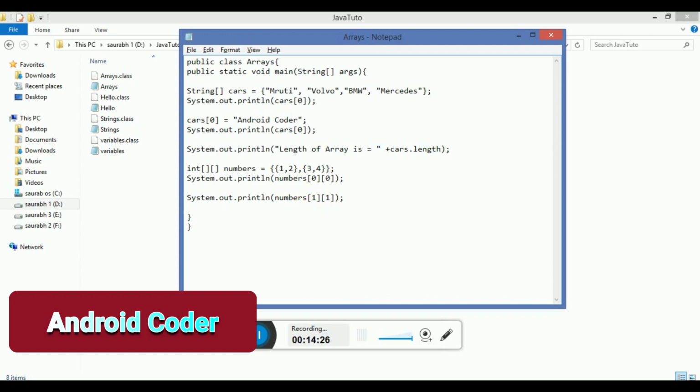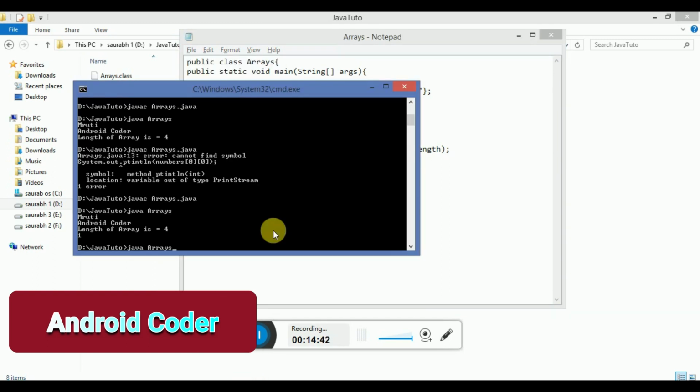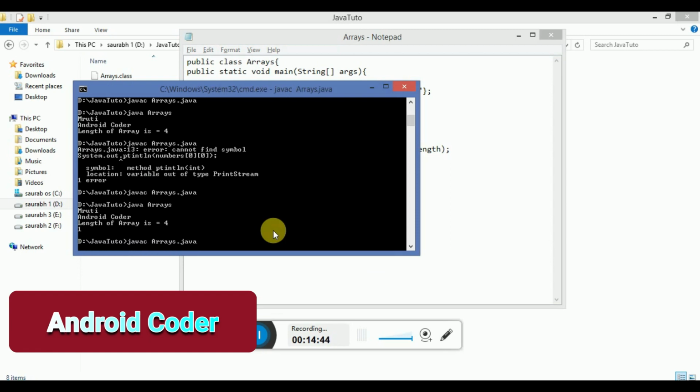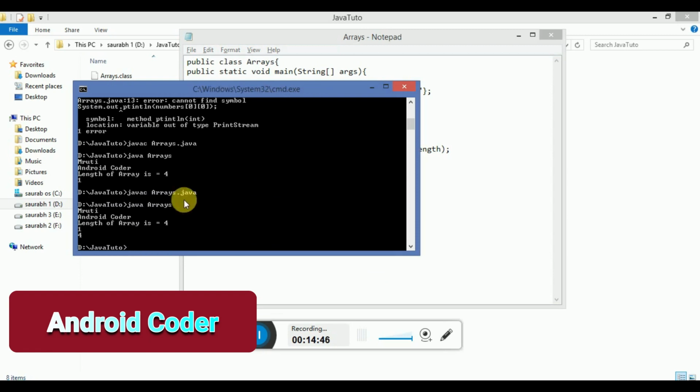This will give us the output 4. Let's check, save and run. So here it prints 4.